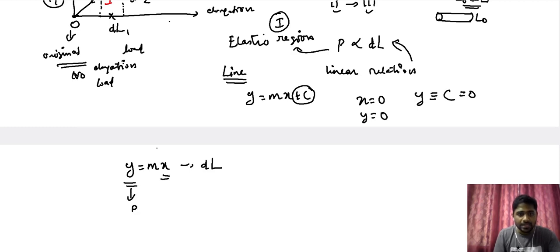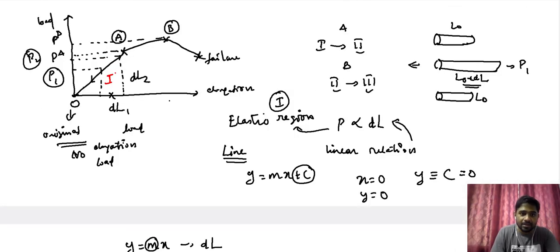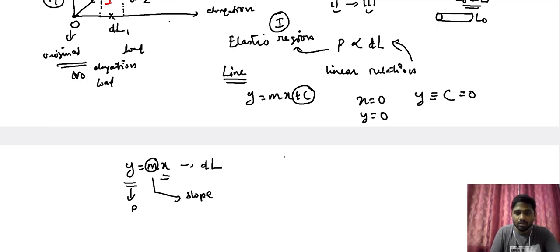And the m here, in the generalized expression for the line, indicates the slope of the line, and this slope of the line in the load elongation curve is replaced by a constant k, and the entire expression can be written as load